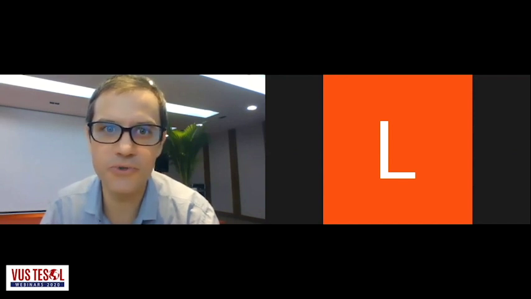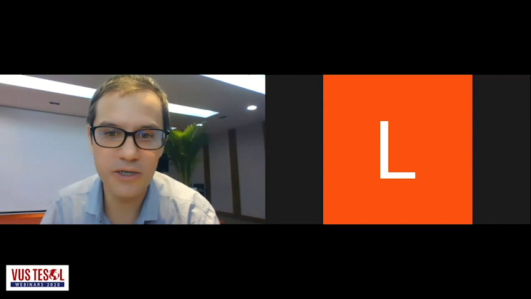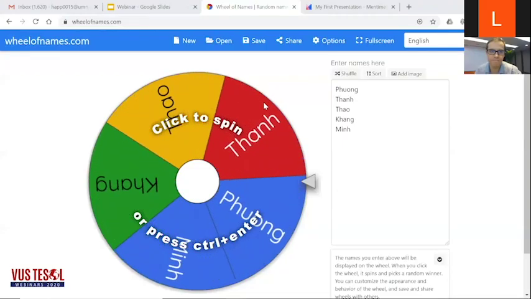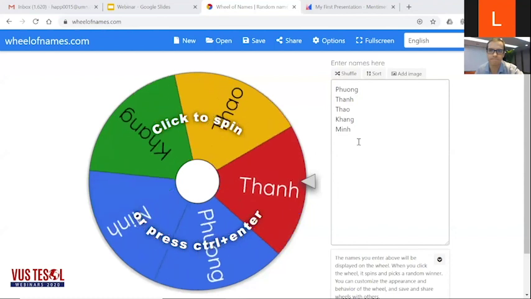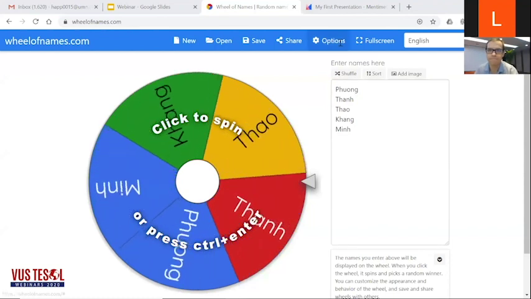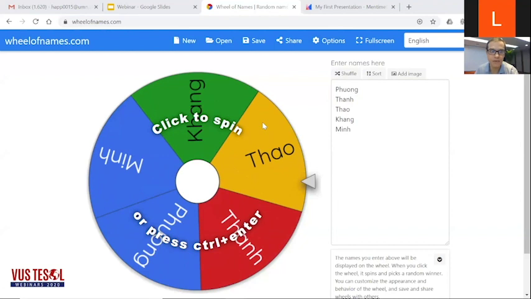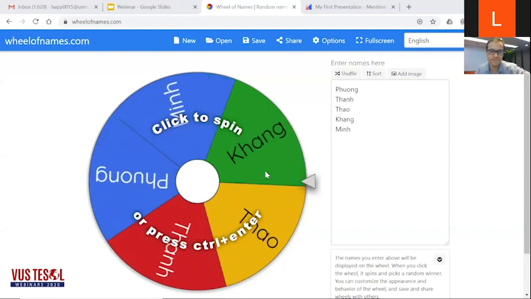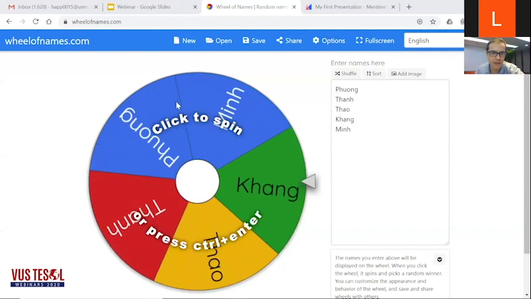I want to introduce you to the most brilliant website. You guys are going to thank me later for this. My computer's starting to slow down a little bit. Oh, it's locking up here a little bit. Okay, can you guys see what I'm seeing here? Can you guys see a wheel? All right, my chat is locking up a little bit too.